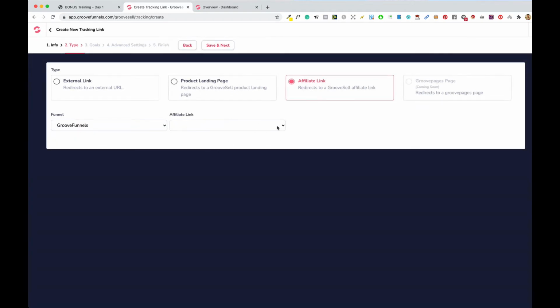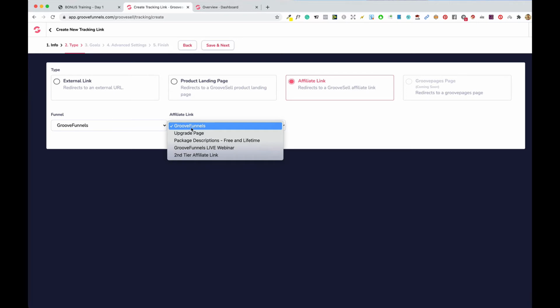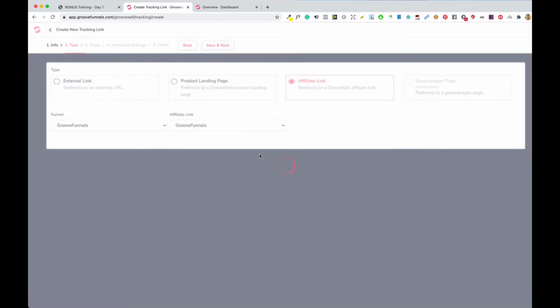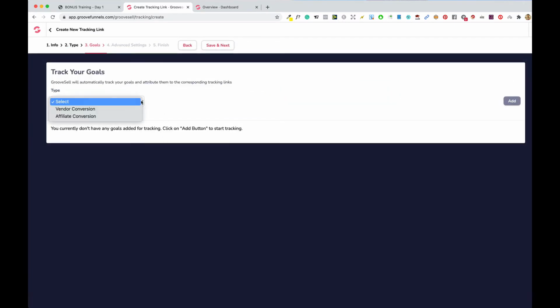And the next step we have to choose. In this example, we would like to create Groovefunnels. And then this one here, they've got a few options for you. We want Groovefunnels, so click save and next. Track your goal. We want to track affiliate conversion. If you would like to track vendor, you can click it here. This one here, we would like to track affiliate conversion and give it a name,